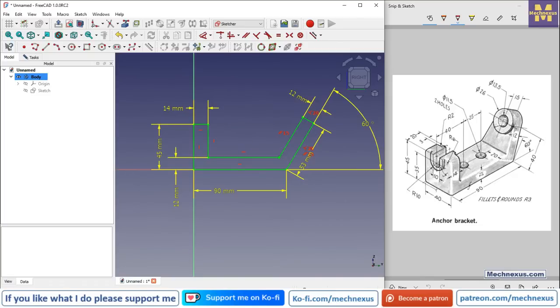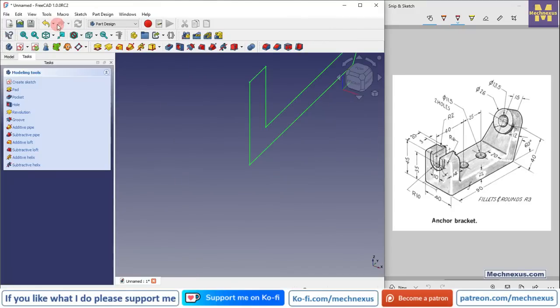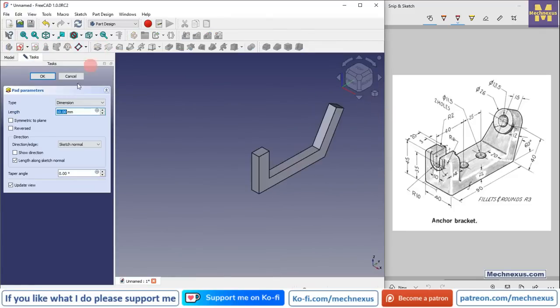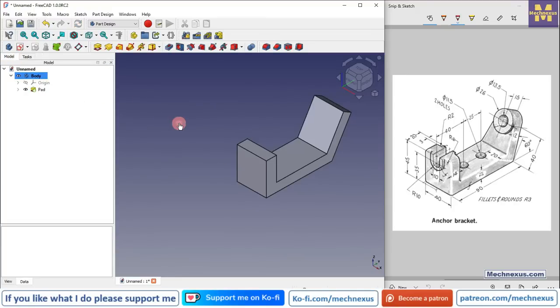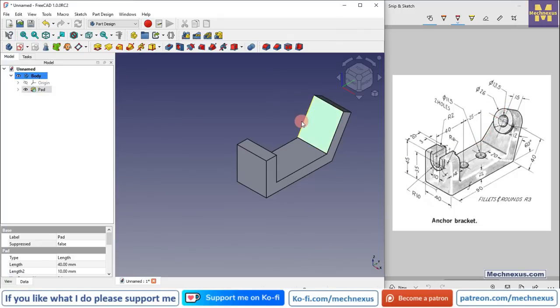Now we will move towards the next feature, which is to extrude the profile to 40 mm. So we will come out of the sketch and click on the pad, click on symmetric to plane, and add the dimension of 40 mm and click on OK. Now we will move to the next feature, which is the material removal. We will remove the material at this portion. So for this we will select the face and click on the sketch,